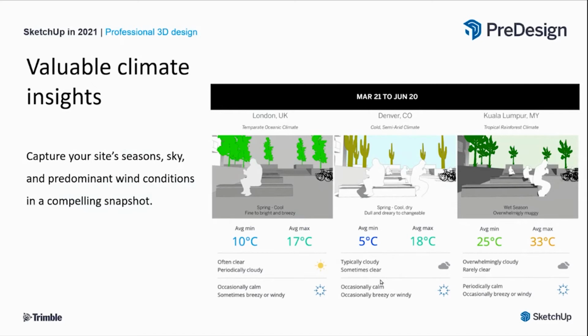So designers and architects can save their time, because they don't need to navigate through multiple platforms to tell the story about their site. It also helps to stop exploring wrong or unsuitable concepts for that particular climate. And this will be a game changer for someone working in unfamiliar locations.